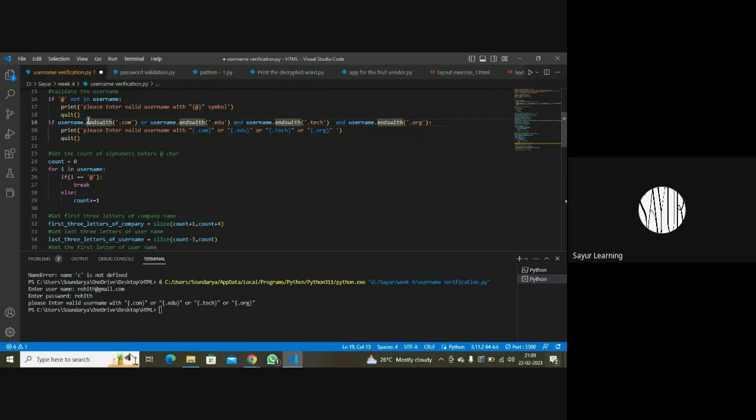Yeah, think about it. Ends with returns what? True or false, right? Ends with is a command that returns a boolean. If it returns true, it means .com is there. And what you want to do is check that .com is not there. So where do you put the not? How do you put, my username does not end with .com? Where do you put that, Maheshwaran?